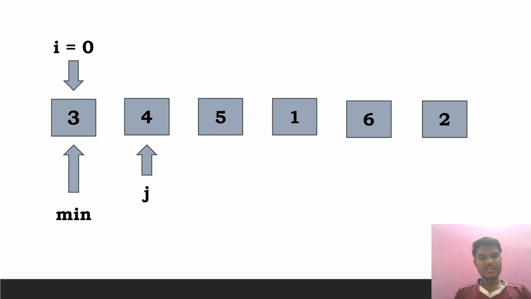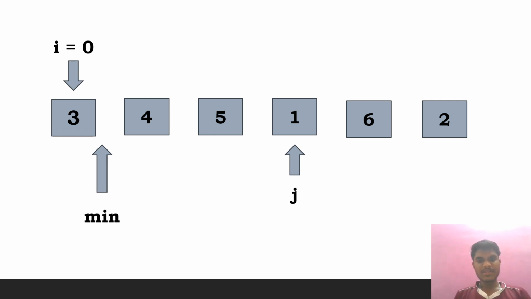We will check the condition that minimum is less than a[j], that is 3 is less than 4, the condition is true, then j is incremented, then j becomes 5, then 3 is less than 5, condition is true, then j is incremented, then j becomes 1, then minimum less than j, that is 3 is less than 1, the condition becomes false, hence minimum is taken as j, then again j is incremented,